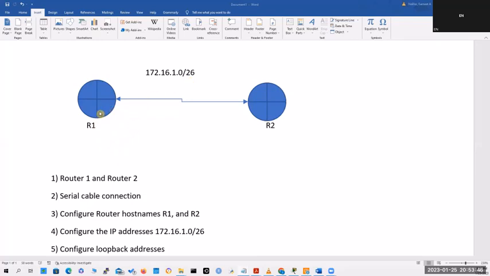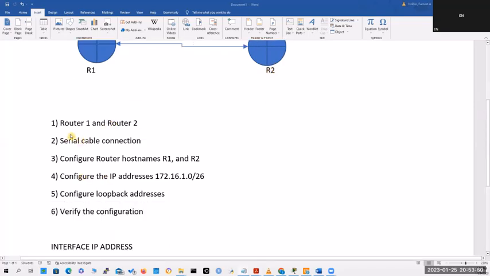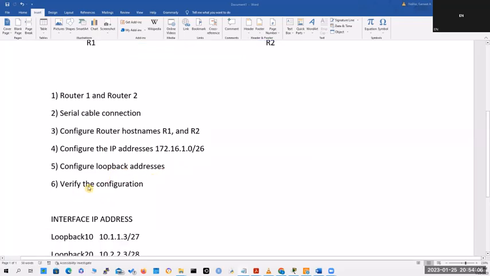We'll call this router 1 and router 2. So we're going to set up these two routers. We'll connect with a serial cable. We'll configure the host name, configure the IP addresses, and we're gonna configure the loopback addresses as well,